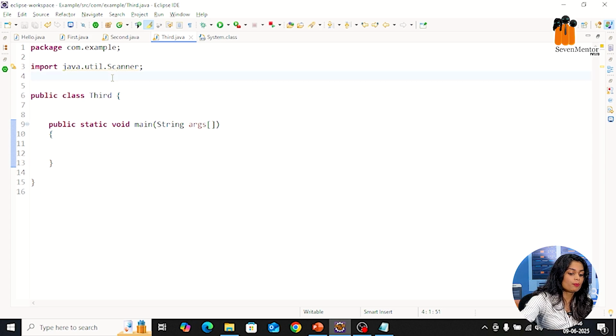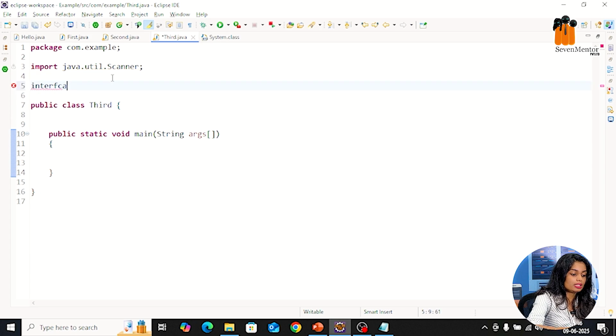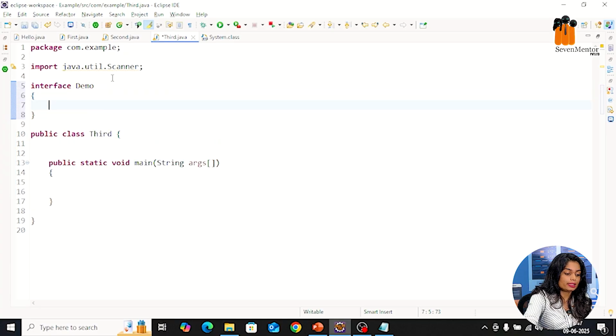We will see how. To create an interface, we need to use the interface keyword. Let's take an example. My interface name is again Demo. We will open the brackets, and then you can just create a method like void get, and this method is now the fully abstract method. You can see there is no need to use an abstract keyword here, right? You can just create a method simply, and that method will be your fully abstract method.